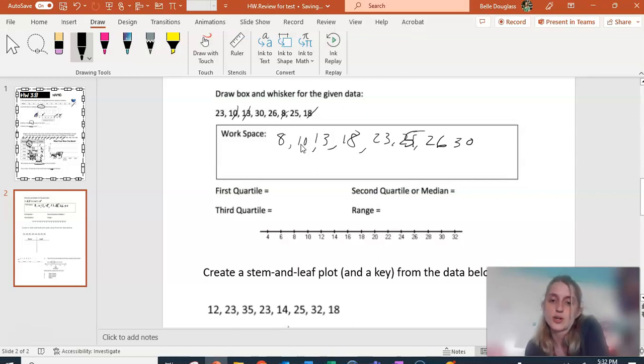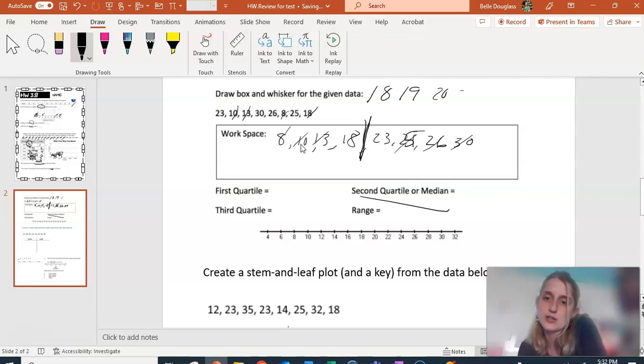You're going to find your second quartile first. So the number in the middle, not this one, not this one, not this one, not this one, not this one, not this one. Eep! What's in the middle of 18 and 23? I don't know. So I'm going to go off to the side and write 18, 19, 20, 21, 22, 23,